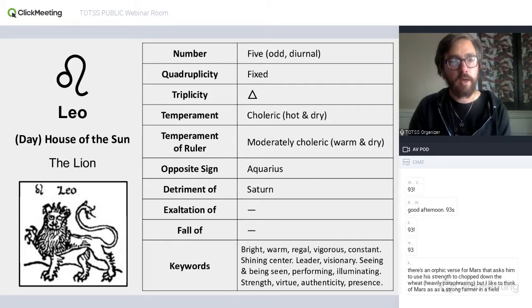All right, next we have Leo. Leo is the house of the sun. It's number 5, and so it's odd or diurnal. Leo is the lion, and lions are very closely linked to the sun in symbolism. So really just bringing in that solar symbolism.